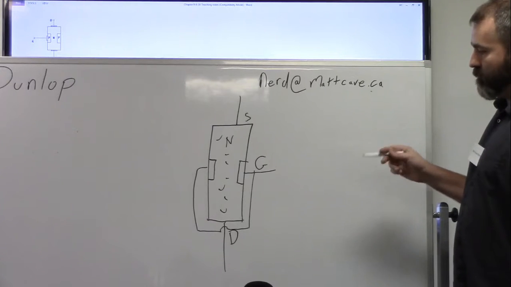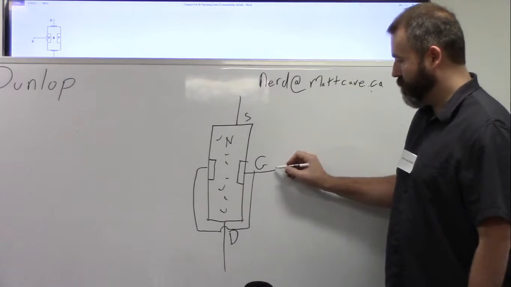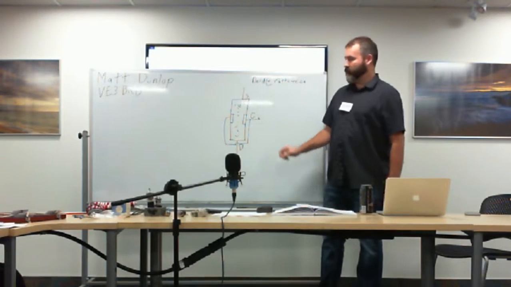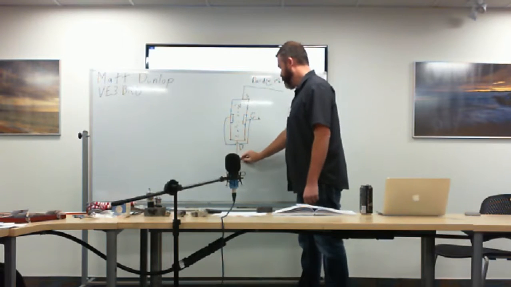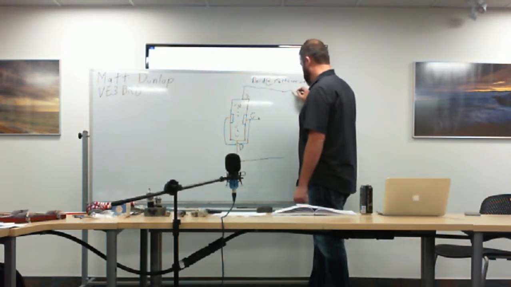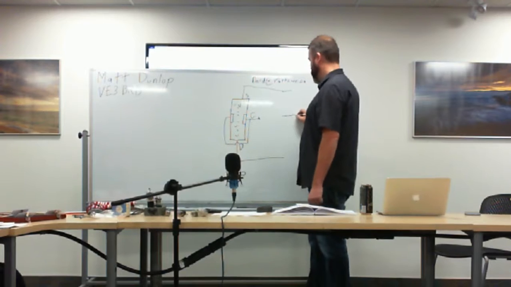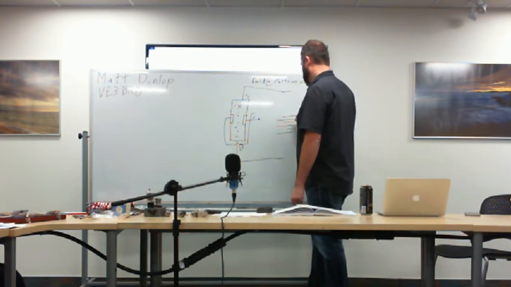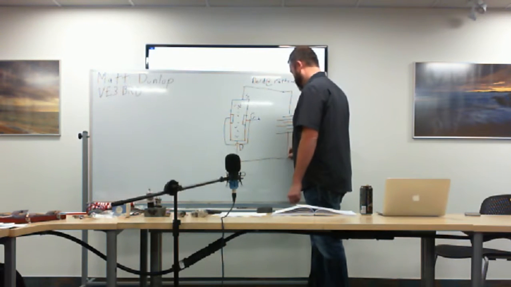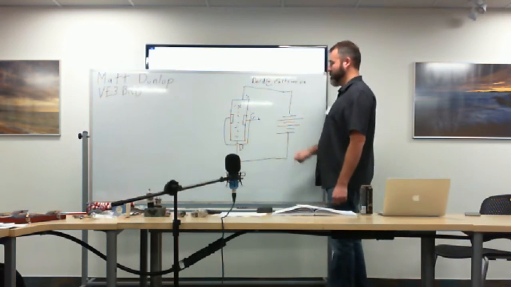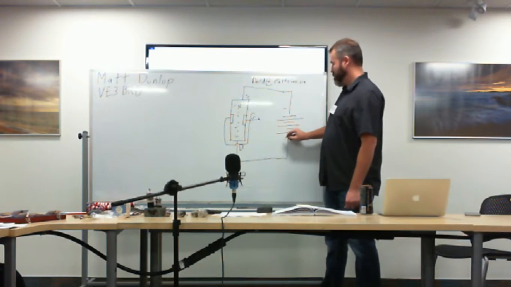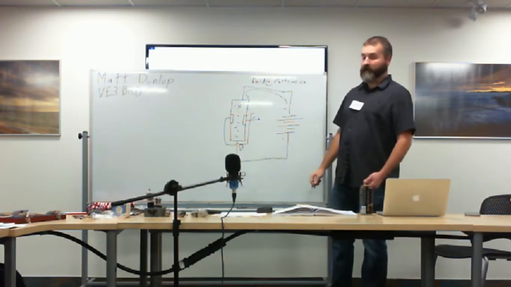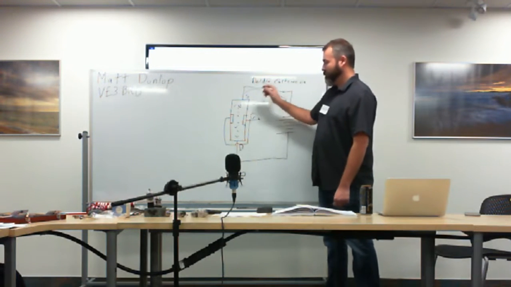The way these work is when there is no voltage applied to the gate, this is a conductor. It'll allow electrons to flow through. Let's hook up a battery to this and see what happens. You said when there's no ground or when there's ground? Yeah, it's the opposite of a transistor in that respect. So the gate's not connected. We have electrons flowing freely through up to its power rating, obviously, depending on your circuit.